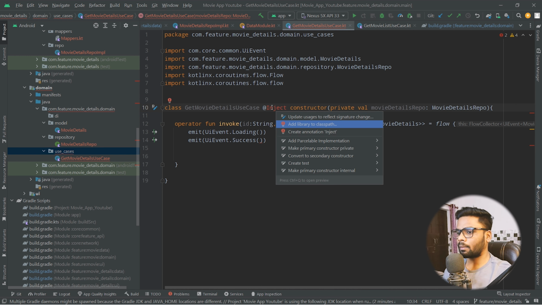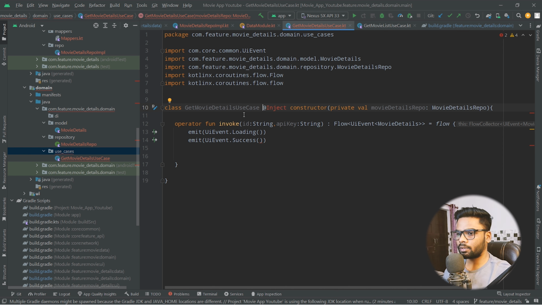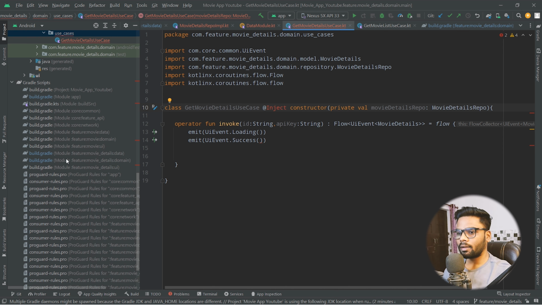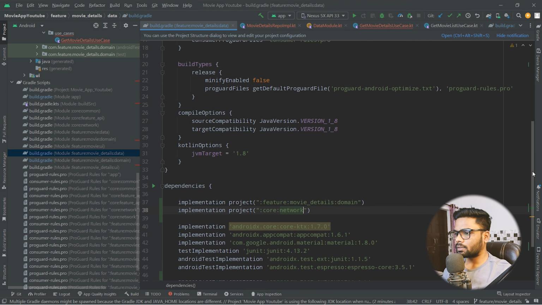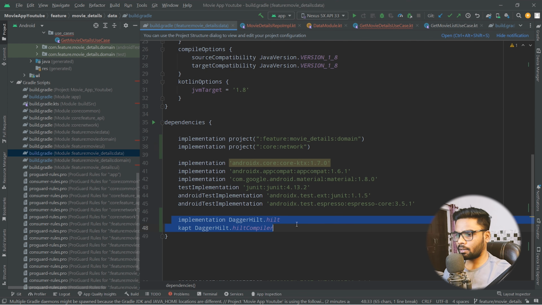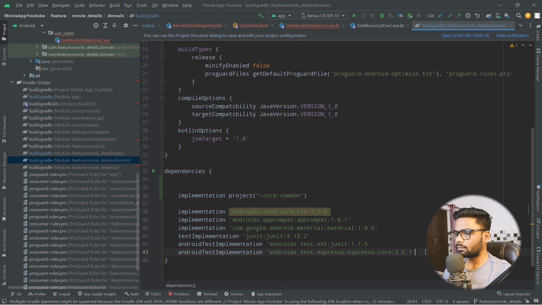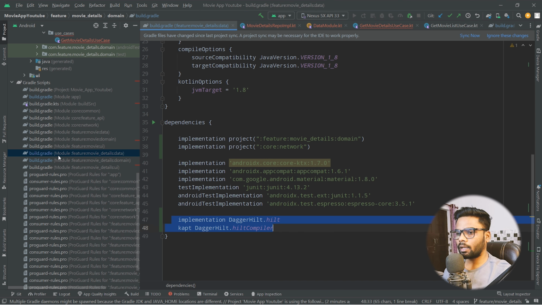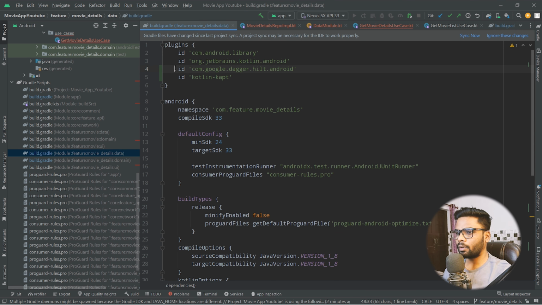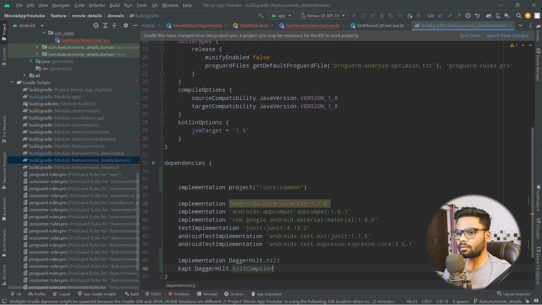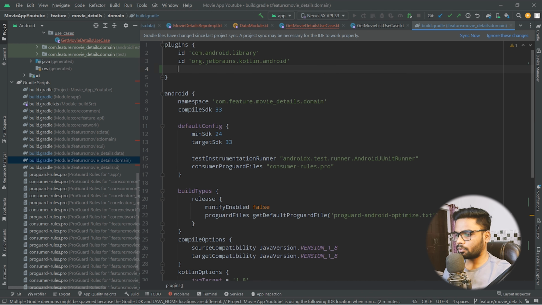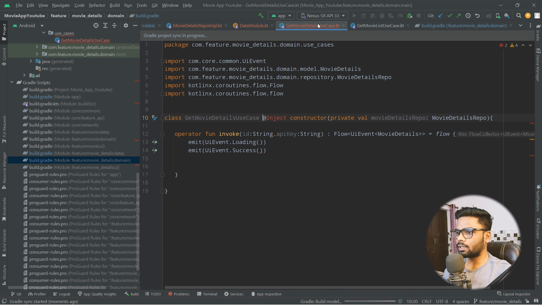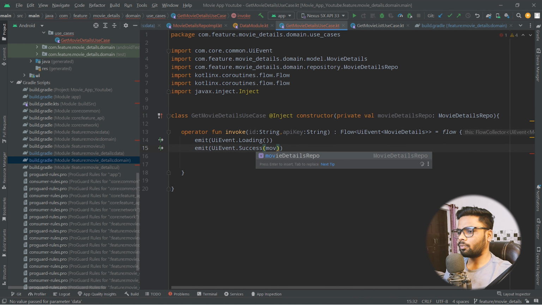Okay, so library is not imported in our build.gradle. So in order to use Dagger-Hilt here, I'm gonna copy paste the required dependency in our build.gradle, paste here, and we also need to add these plugins. So add those plugins, sync your project, come back to your get movie detail use case. Now after the syncing, inject is available, and now use our movie details repository, get movie detail, pass your ID